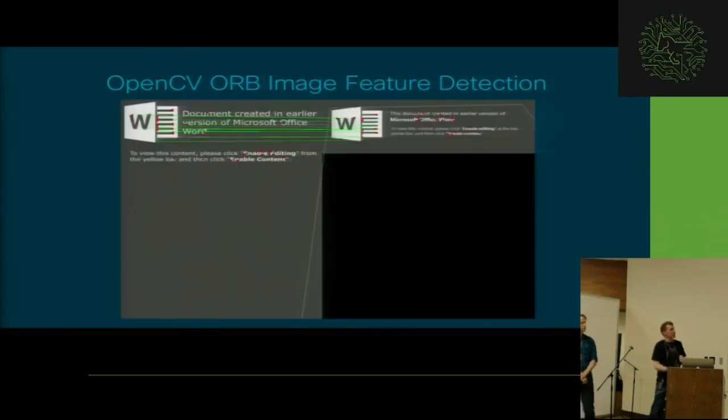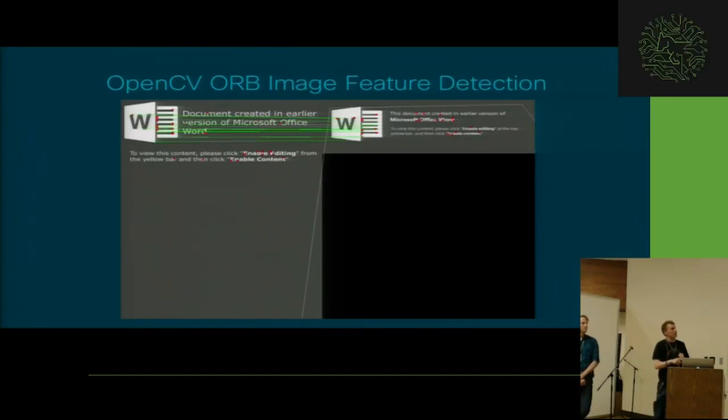So here's an example. OpenCV will do this for you, where you have two images. The one on the left is known to be a part of a malicious document, and the one on the right is from a supposed clean document. This provides some fantastic feedback because obviously in this case we did not classify the one on the right as malicious, but what was occurring was within our sandbox it had an auto close macro. So the macro is only executed upon document close. Yes, this is a feature. Why it's a feature, I don't know. But they were using that to execute their malicious code only when the document was closed.